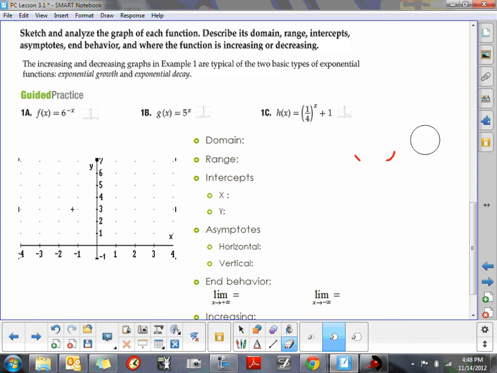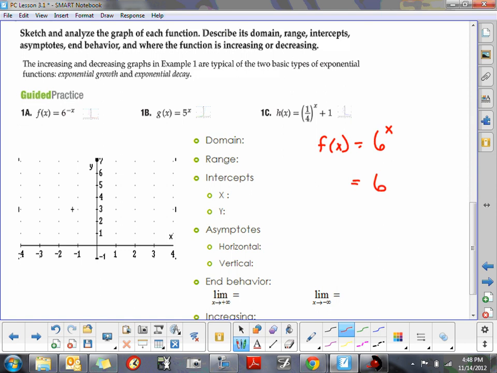Actually, that's not really how I want to write that. What I want to be able to do is, if we have f of x equals 6 to the x, and I know what that graph looks like, then I should know what the graph of 6 to the negative x looks like, because all I've done is change the input. If you remember back to our transformations, if the only difference between a graph with a positive input for x versus a negative input for x is that this will be a reflection